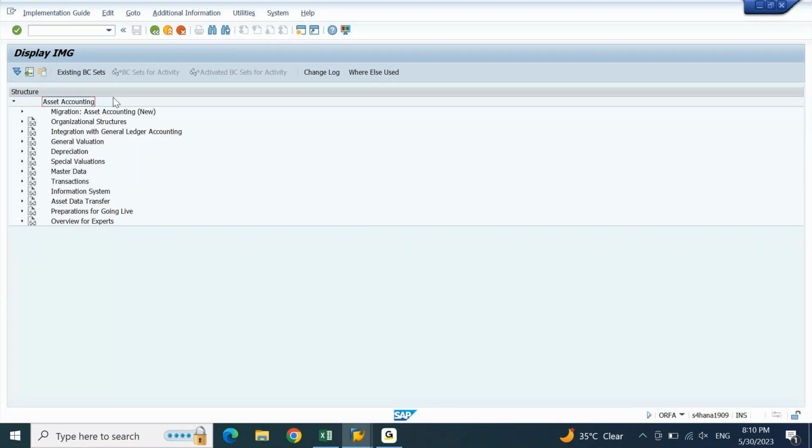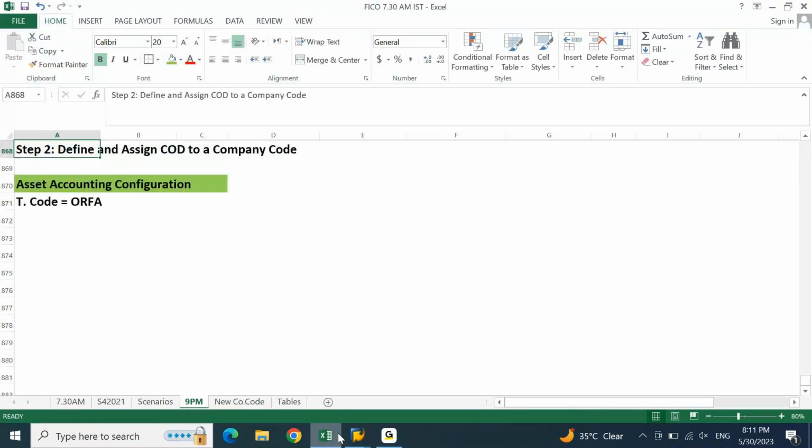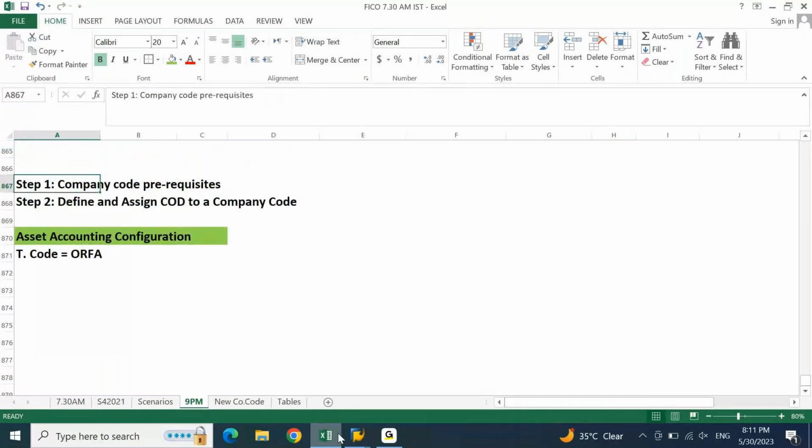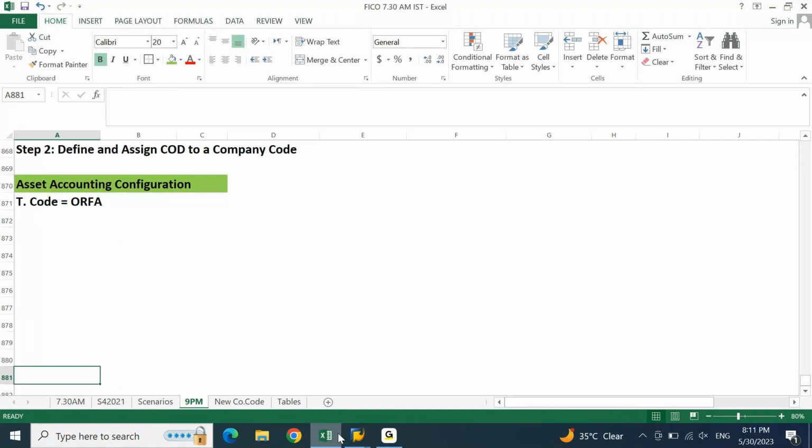Now in this point number 1, our target is only one. First thing, your target is to create a chart of depreciation and assign to a company code which has all the prerequisites. This is mandatory condition to be kept in your mind. Now create a chart of depreciation, assign this to your company code. All the other parameters you are going to learn automatically by doing this step. Whatever is required for you to learn the proper asset accounting, everything you will learn in this step.